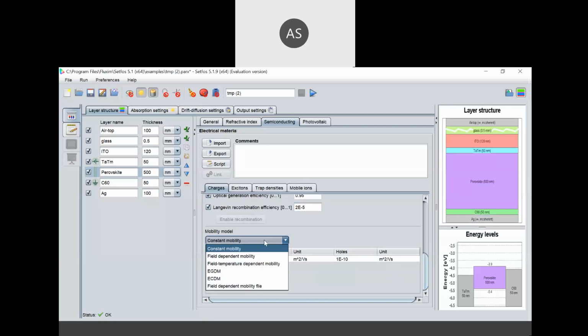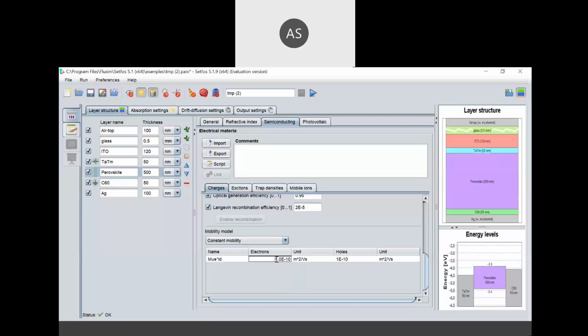Constant mobility models, field dependent, time dependent, EGDM, ECDM, extended Gaussian disorder, and correlated. So each model has different properties. These types of mobility models will not be there in the ESCAPE software. Now we can set the mobility model parameters.